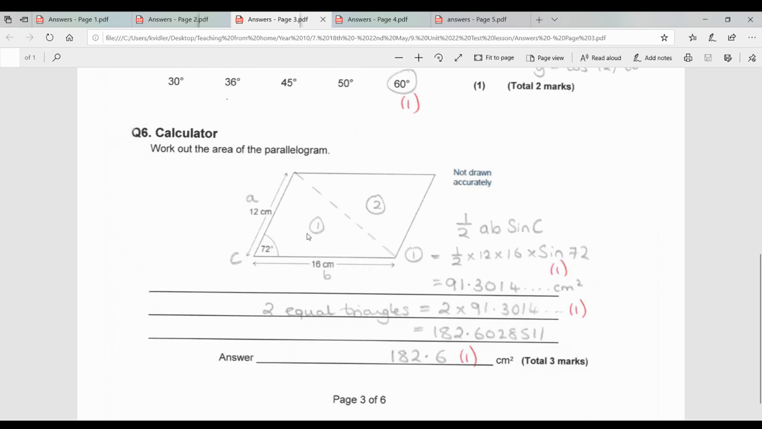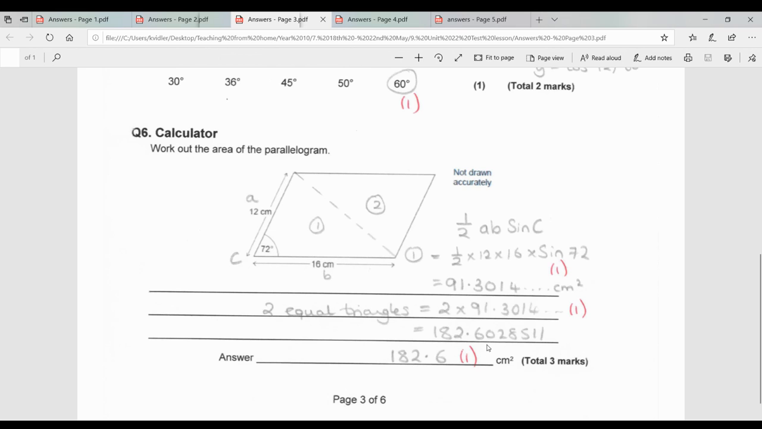But what you can do quite easily is to split the parallelogram in half, so that you end up with 2 equal triangles, and we can work out the area of a triangle and then double it. So your first mark comes from using half ab sine C by correctly substituting the values into the formula. So it's a half times 12 times 16 times sine of 72, which comes out at 91.3, etc. Remember not to round at the end. Then we've got 2 equal triangles, so we're going to double that. So as long as you've got 2 times your answer, you've got the second working out mark,